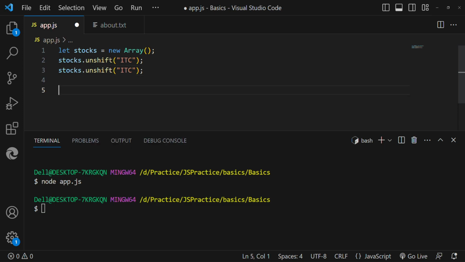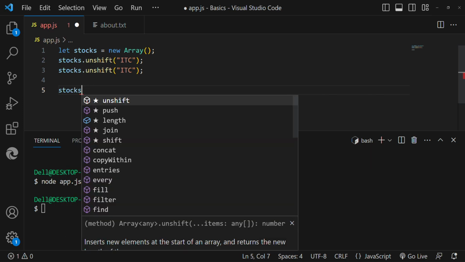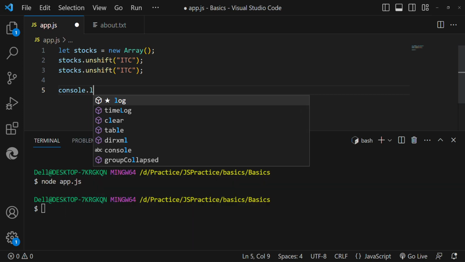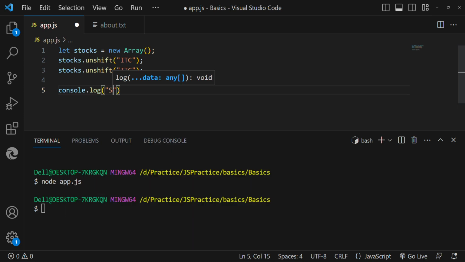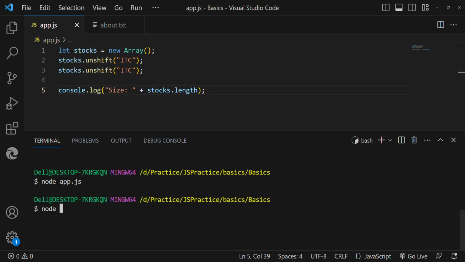So what should be the size of this? console.log, let's check the size of this container, stocks.length. Now try to run this. Okay, the size is 2. If you want to print that,